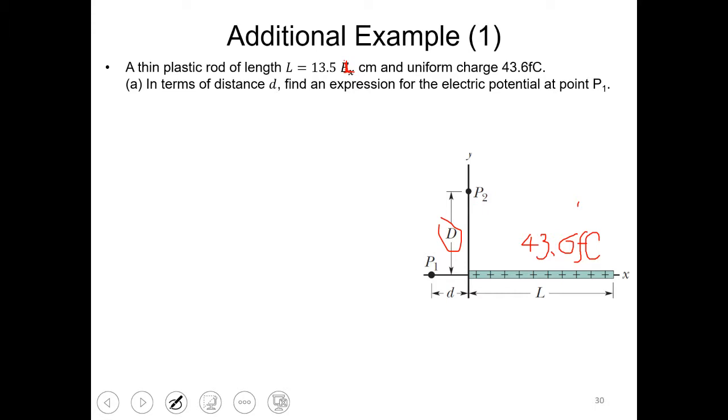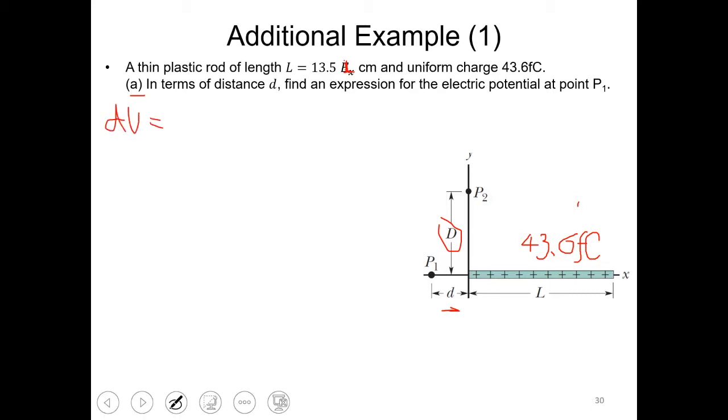Find the expression for the electric potential at P1. At P1. This is small d. This is small d. Capital D will be the next question, B, something like that. Yeah. So for this one, dV will